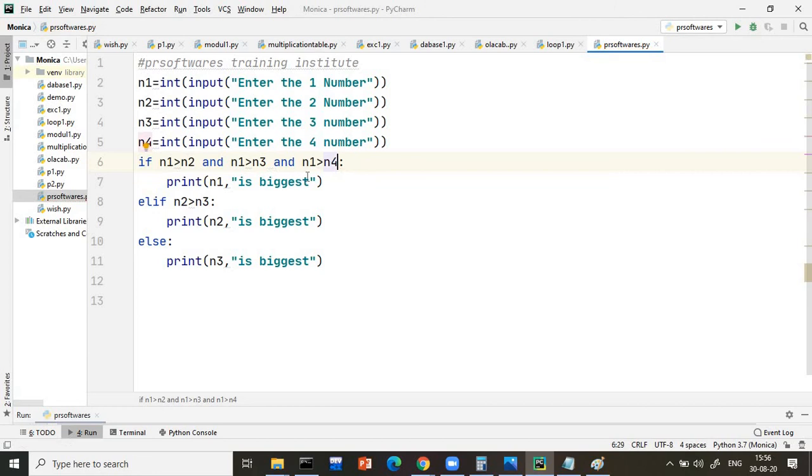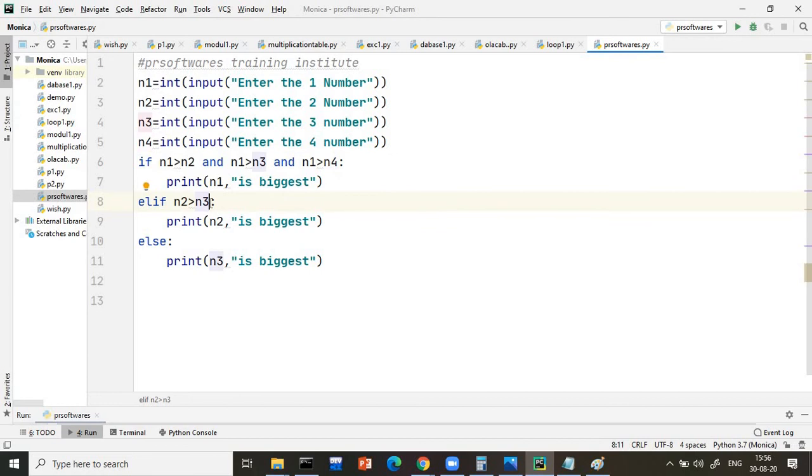And guys, here one thing you have to remember. Many students get confused. They will write the code, but they will say, sir, one time is enough now, why do we have to write it again? So you have to check. First, it will check these 2 conditions, then it will check the output of this one, then it will check with this one. First, it checks n1 greater than n2. If both are true, the output is true here. Then this true value will be checked with the next one. If one more is there, then it will check with that true one. Like this, it will check it.